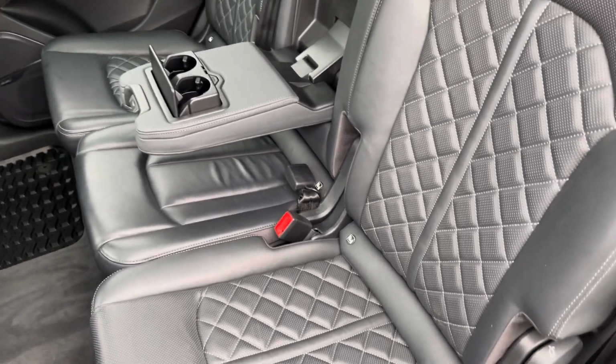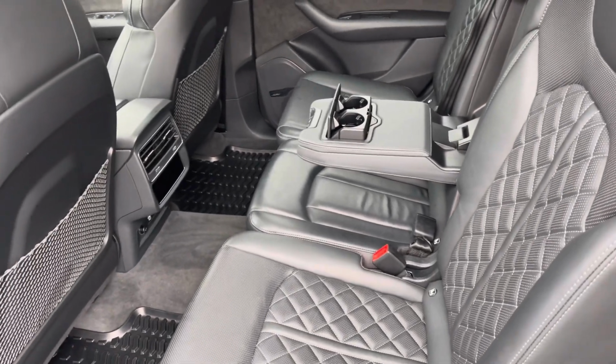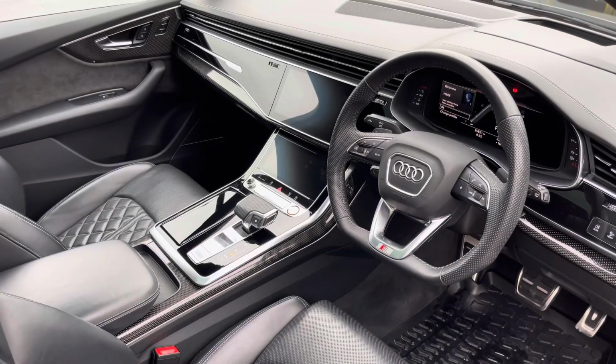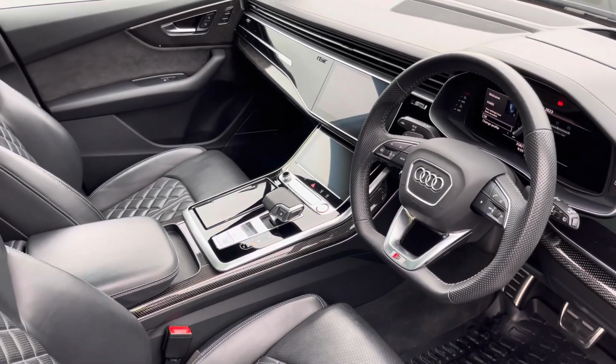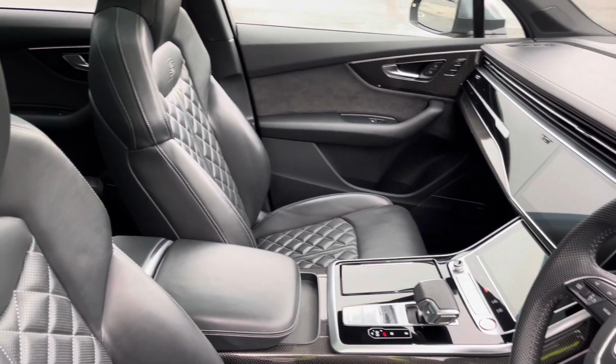Moving inside, you'll find Valcona leather upholstered rear seats with the integrated ISOFIX child seat mounting points, while there's a fold-down armrest with 2 inbuilt cup holders, storage nets behind the front seats, climate control and power sockets. In the front you'll find a flat bottom 3-spoke leather multifunction steering wheel and the optional carbon atlas inlays, while